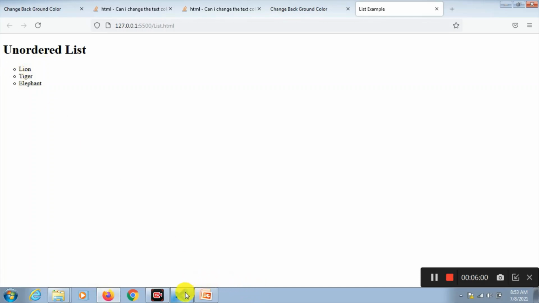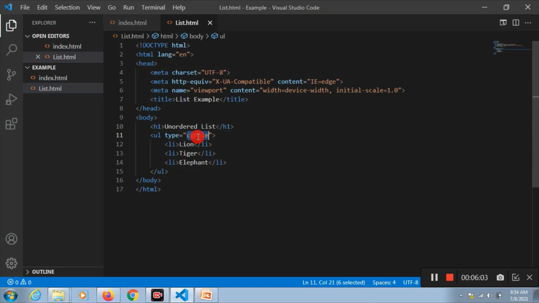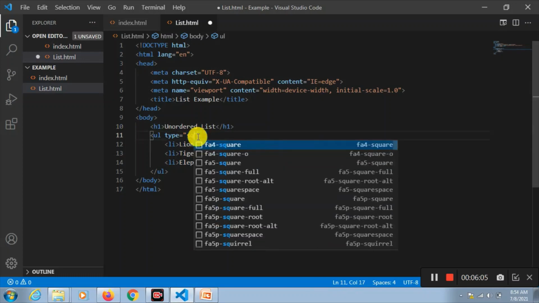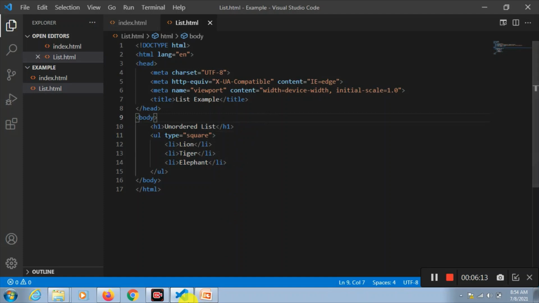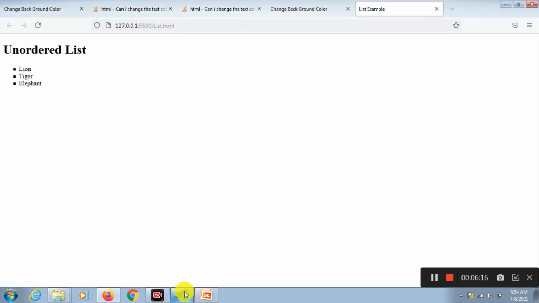Then one more you can get, that is square. Here you are. Basically, we can use these three kind of symbol. One is dice, circle, and square. With CSS, we can use some other symbols also, other icons also, which we shall learn in our CSS tutorial.